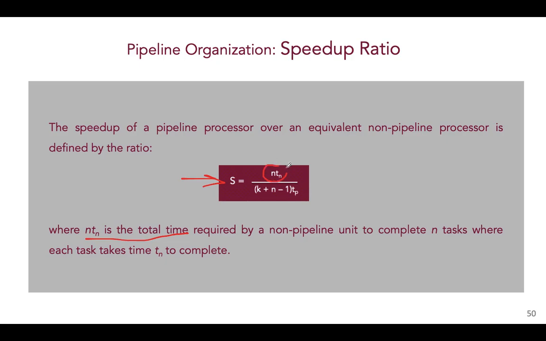So n times Tn is simply the time required by a non-pipeline unit to complete n tasks, right? Tn is the time it takes to complete one task. And k plus n minus 1 you already know from the previous discussion. This is the time it takes to complete n tasks in a k segment pipeline. So you are dividing this non-pipeline time with pipeline time, and that is simply the speed up ratio,